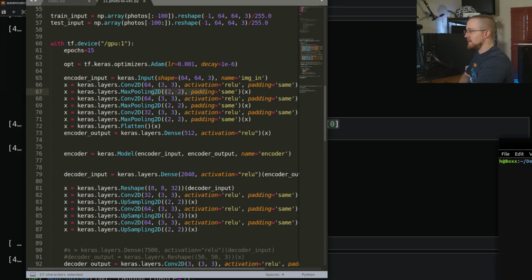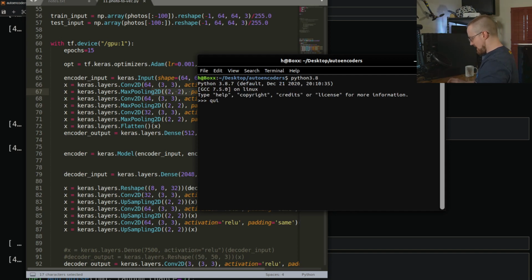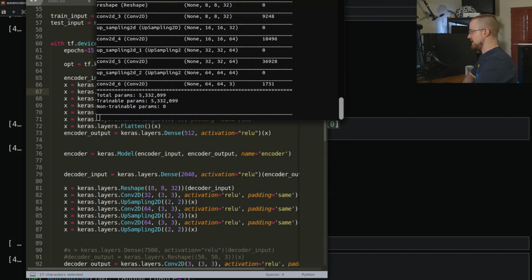Okay. So let me just, Python 3. I think I'm running, yeah. The way I define Python is different on Windows, this Linux machine, and that Linux machine, so I always forget how I call Python and which version of Python I want. Anyway, we're running it for 15 epochs. I don't think I'm going to finish this training for you guys, but I'll let it at least start,